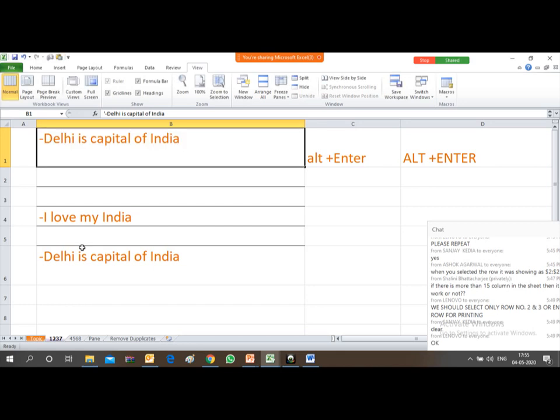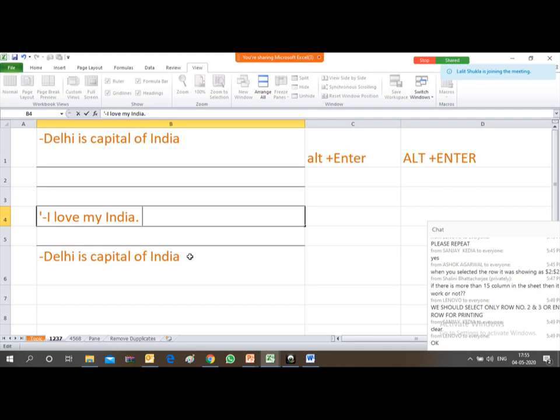Now just go to another cell. Say I want to paste within this cell. Again you have to go into F2 mode. With F2 I have entered into the cell. Now I have to paste it. Friends, we have already learned that for pasting any value I have to use Control V. If you press Control V, this data is pasted into the particular cell.